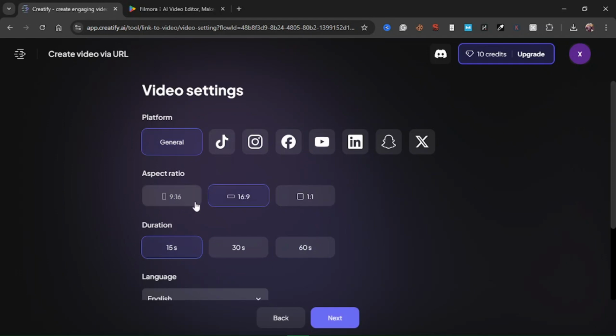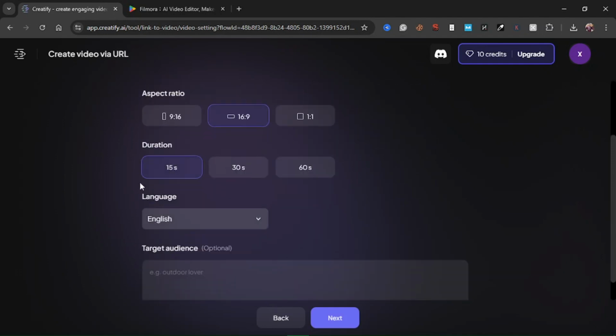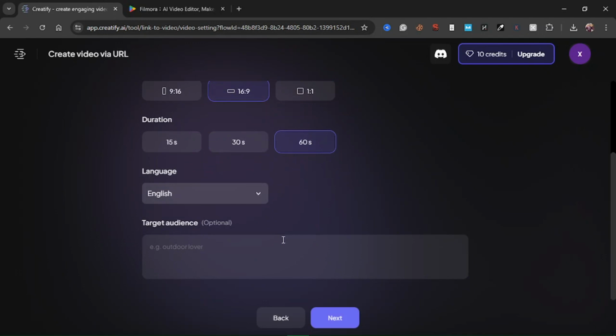16:9 ratio, which is a horizontal video. And for duration, yes, 15 seconds is there, but the first video you watched in the intro, I chose 60 seconds and it went ahead and used the content it had. So always use the maximum time you see here, because it's going to exhaust whatever description you have within the product that you've chosen. And if the description wouldn't produce content that's up to 60 seconds, it's going to do up to the one that it can do. The language is English, and the target audience, well, let's just say video editors,